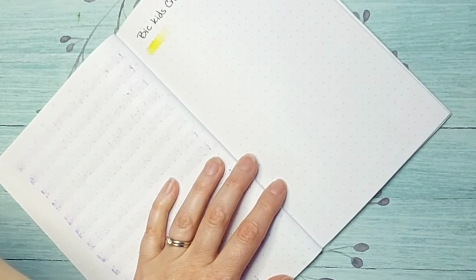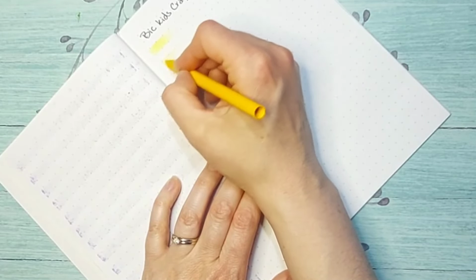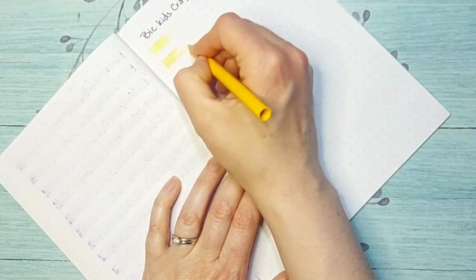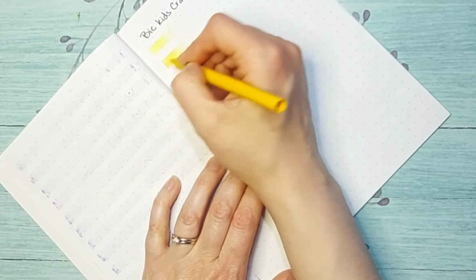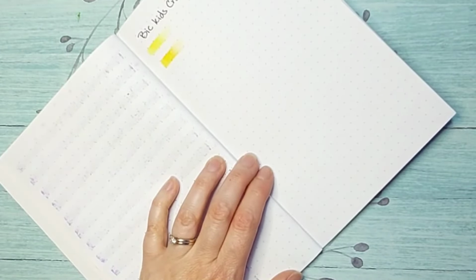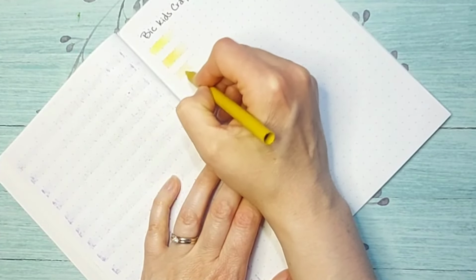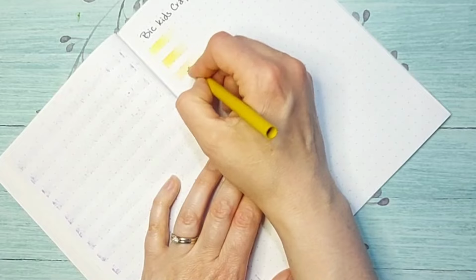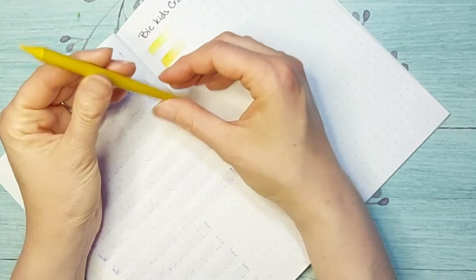If you didn't see my completed pages video, or actually no, it was my birthday haul video, is where I picked these up for my birthday at my local Dollar Tree. And they were $1.25 for this 24 pack. And when I went on Amazon just to see if they had any bigger packages, this small 24 pack was $8 on Amazon. So I was like, oh my God, I gotta go. I haven't been back to the Dollar Tree. But if you notice, there's no paper on them,